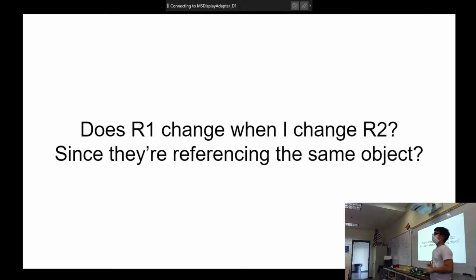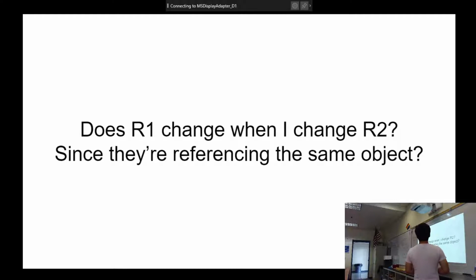Peter's like, nah. Why? Isn't it a reference? It's different though. You just think it's different? Do you know why it's different? No. Any other thinking of why? Do you think it changes? All of last period thought it changed. Everyone's like, no, in this class, I thought it's an R2 referencing R1.